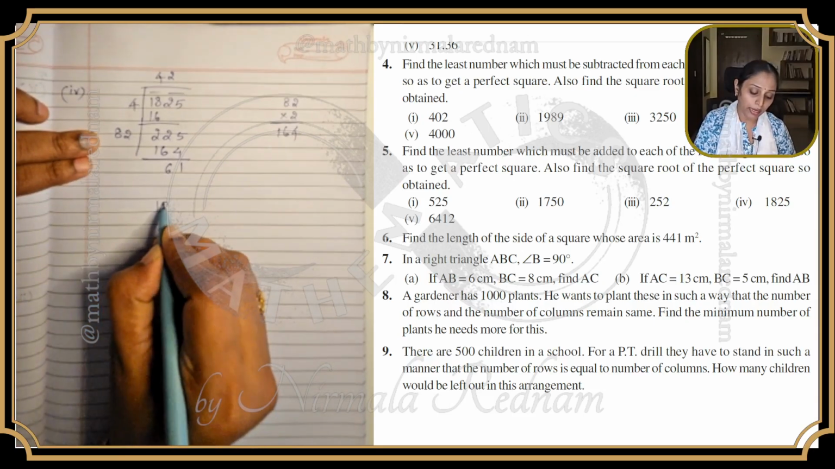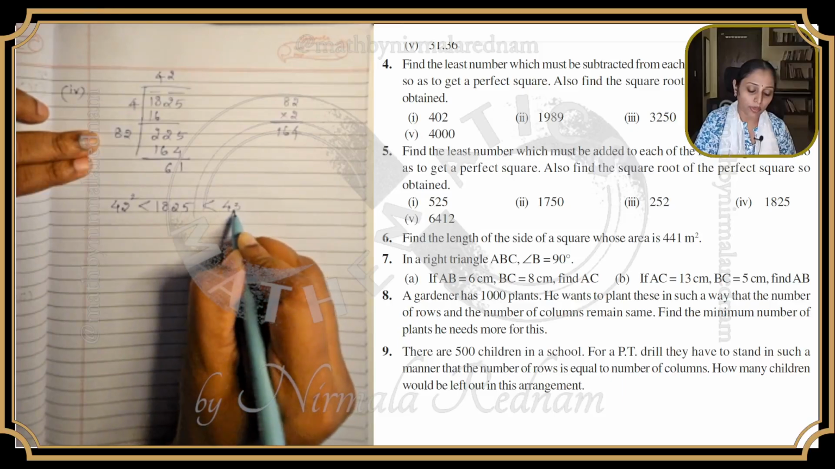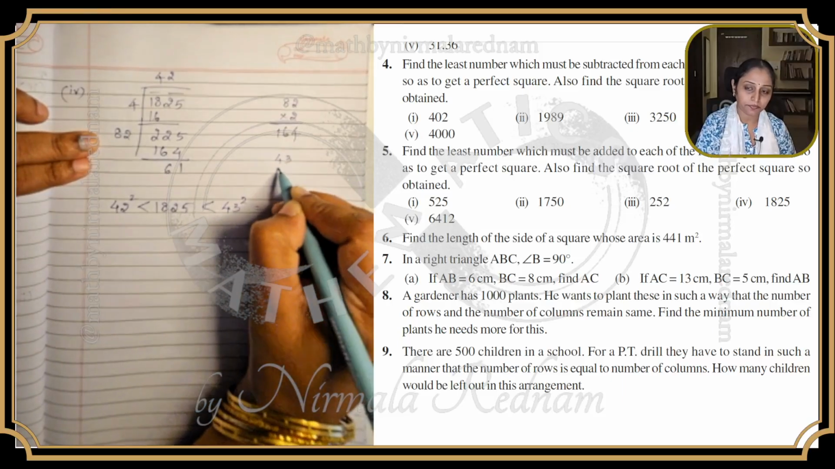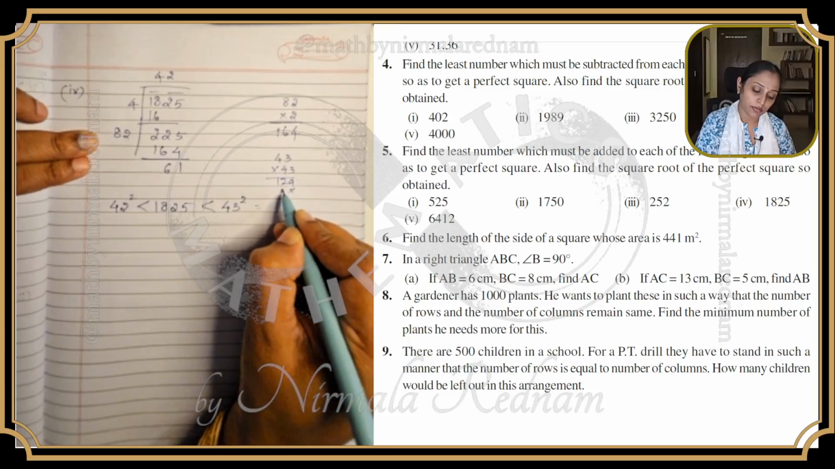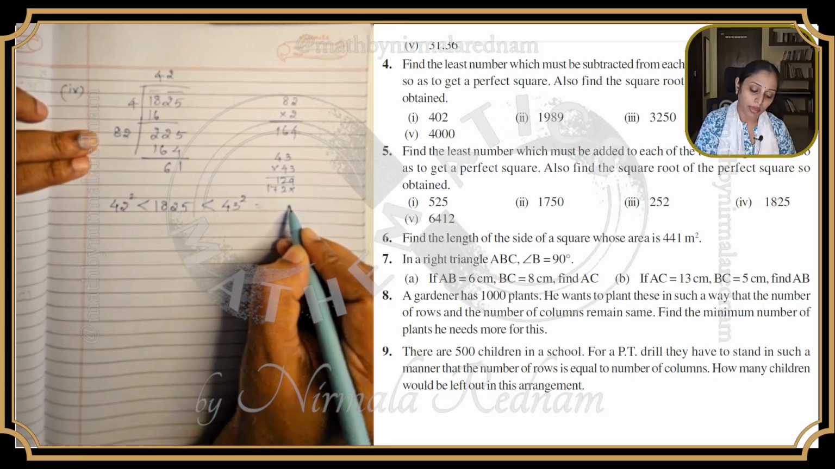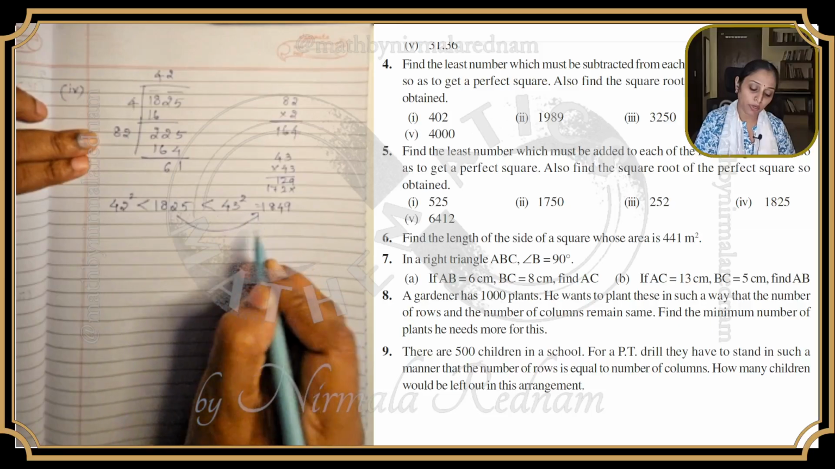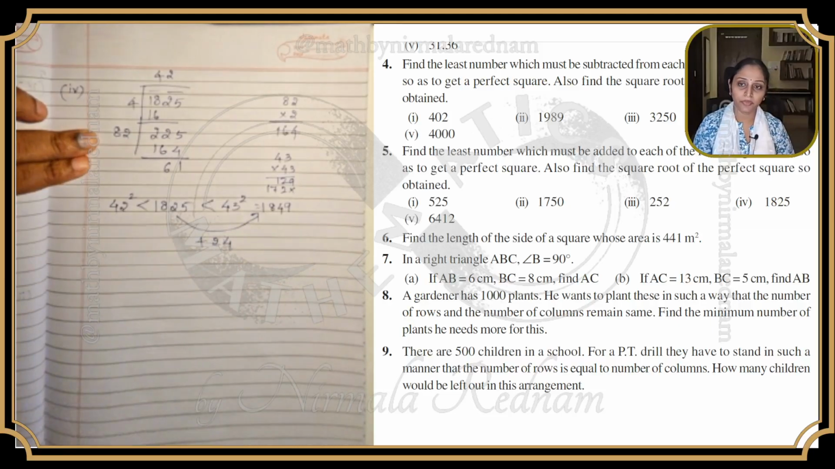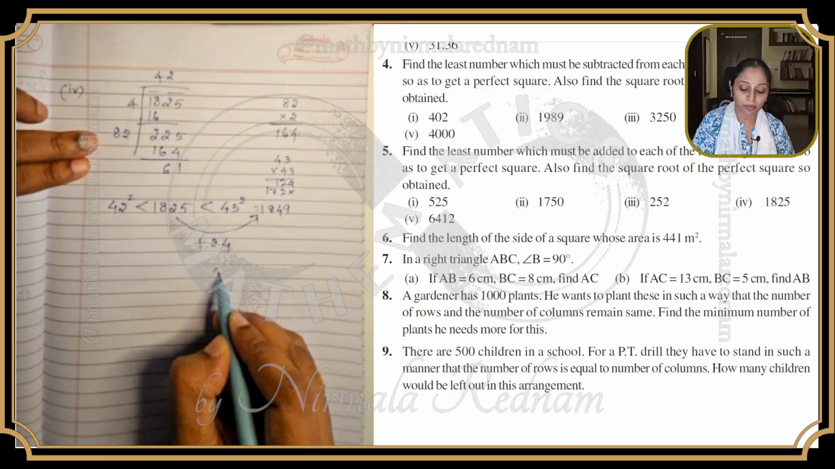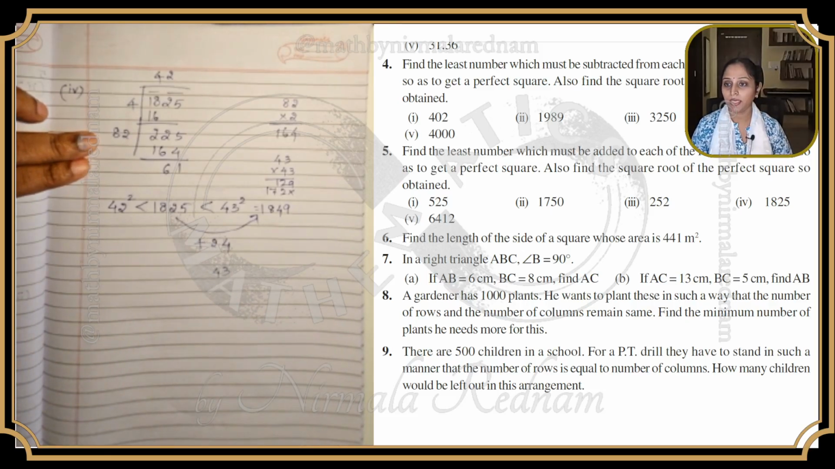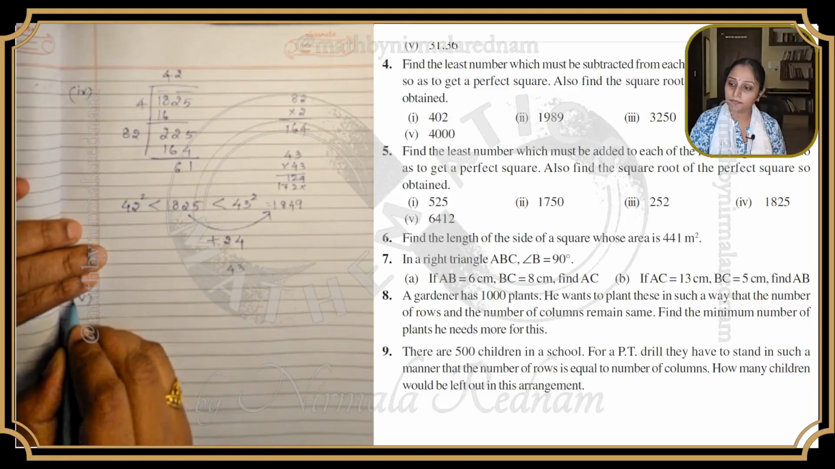So I have 1825 lying between 42 square and 43 square. And what is 43 square? 43 into 43 is 1849. That means what should be added? I have to add 24. If I add 24 to the given number, I am going to get a perfect square, and the square root of that perfect square is 43. Okay. So this is about the fourth sum, and the fifth sum is